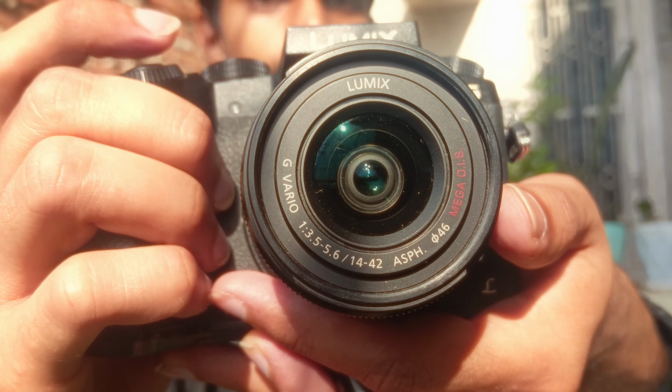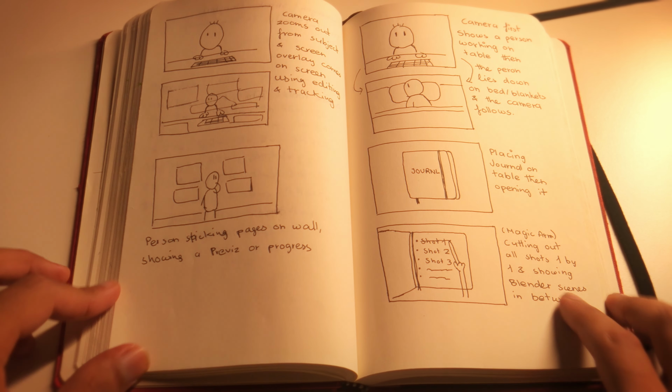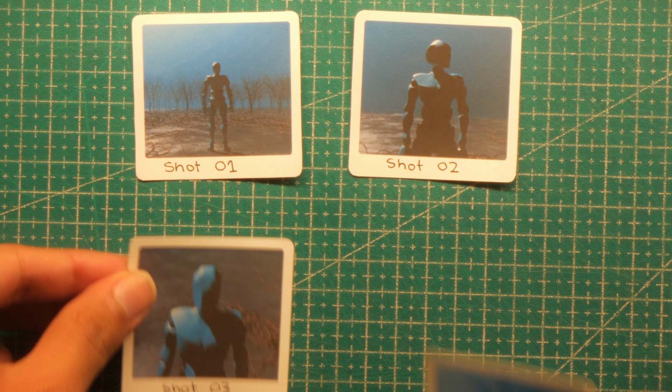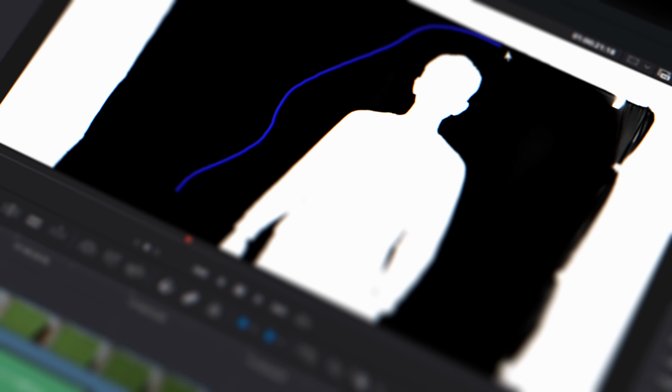Before picking up the camera and start shooting right away, it's really important to make a storyboard or previews where you have laid down all of the shots. I recorded myself on a green screen at the roof acting like a weirdo, then brought the footage inside DaVinci Resolve to remove the green screen, and that's when I realized,